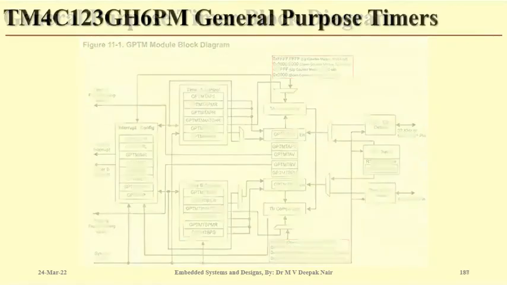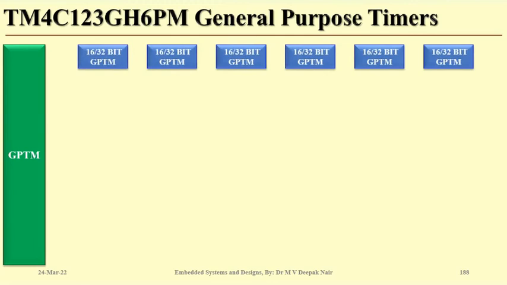So this is a brief about the GPTM's block diagram. There are so many things you can explore. Please go through the data sheet. So what are the features of GPTM, or what are the things that we have to understand about GPTM? General purpose timer, there are 6 timers, which are timer 0 to timer 5,